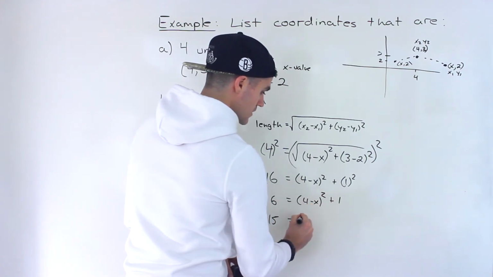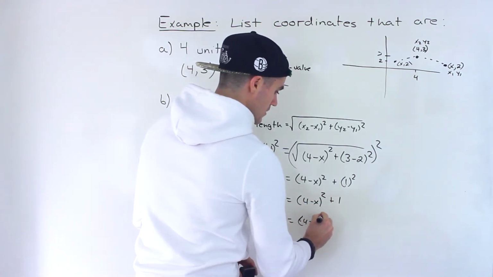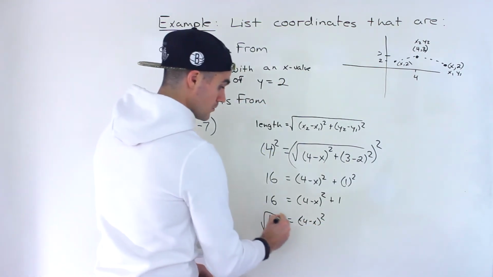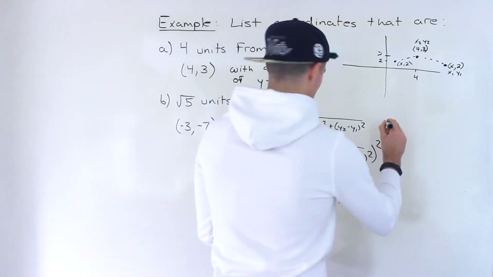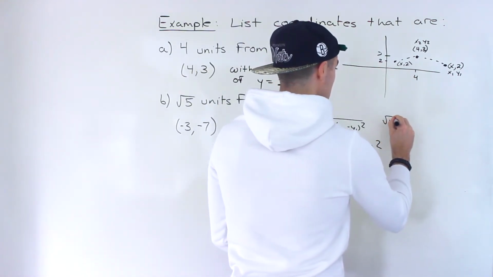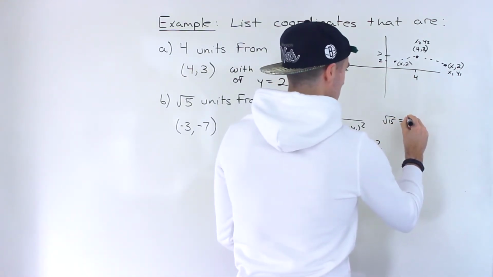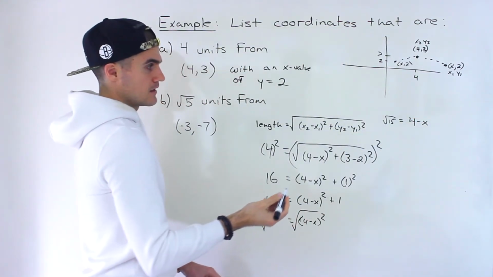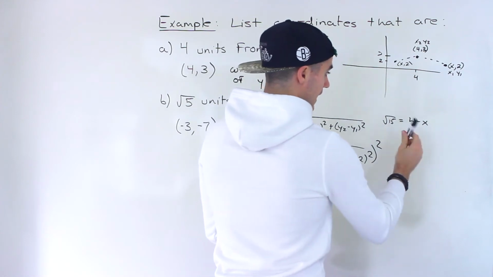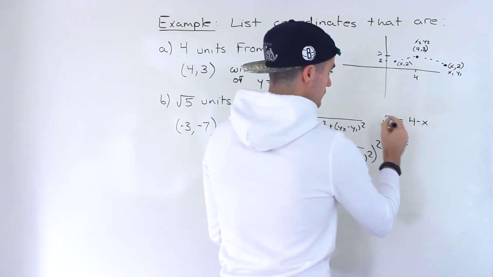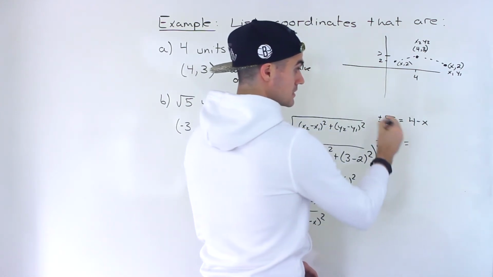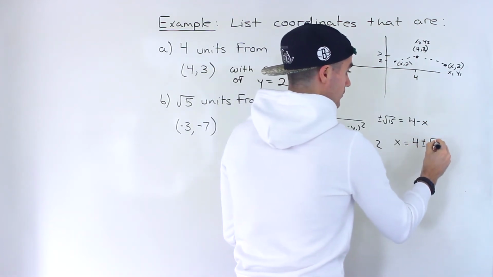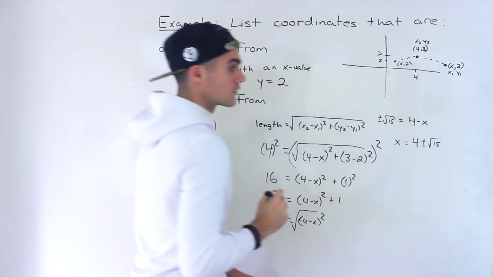Sorry, this should be squared, like that. And then to get rid of this 2 here, we would square root both sides. So we'd end up with root 15 equals 4 minus x. And then what we want to do, bring the x over to change it to a positive. This is going to be plus or minus. Bring that over. It still stays as plus or minus, so we're going to have plus or minus